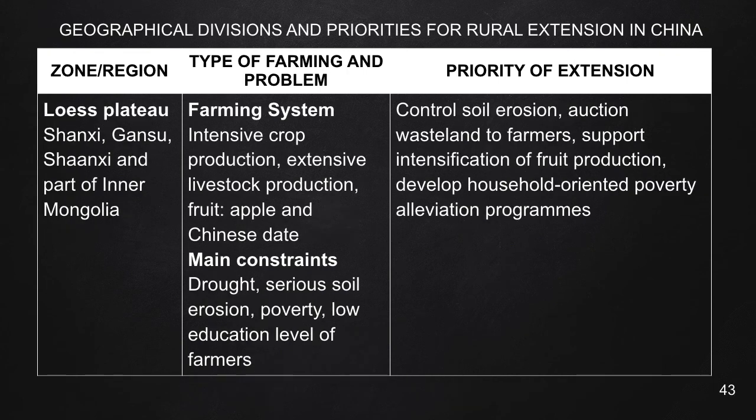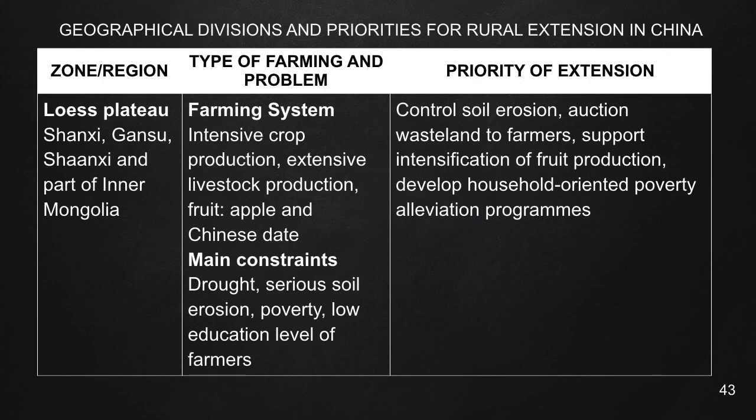For the regions Shanxi, Gansu, Shaanxi, and part of Inner Mongolia, the farming system includes intensive crop production, extensive livestock production, and fruit, apple, and Chinese dates. The main constraints are drought, serious soil erosion, poverty, and low education level of farmers. So the priorities of extension are to control soil erosion, auction wasteland to farmers, support intensification of fruit production, develop household-oriented